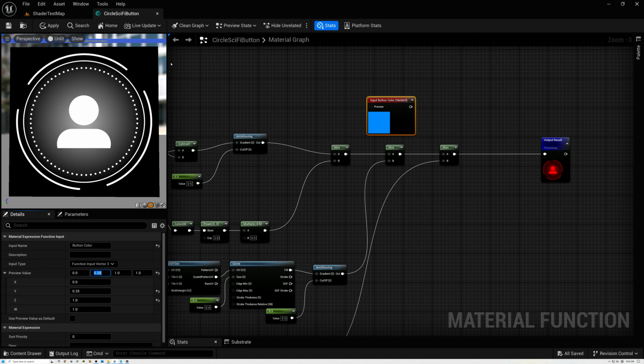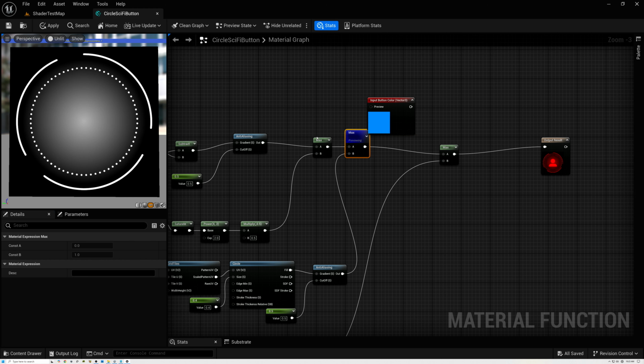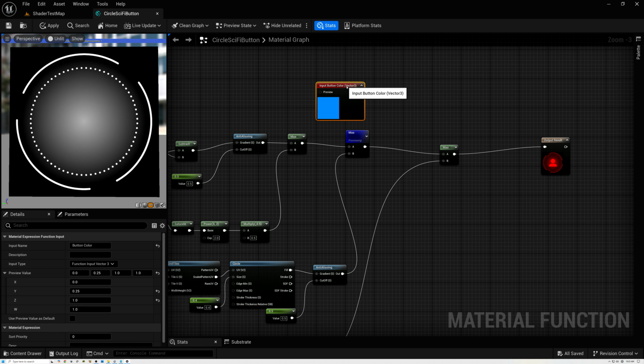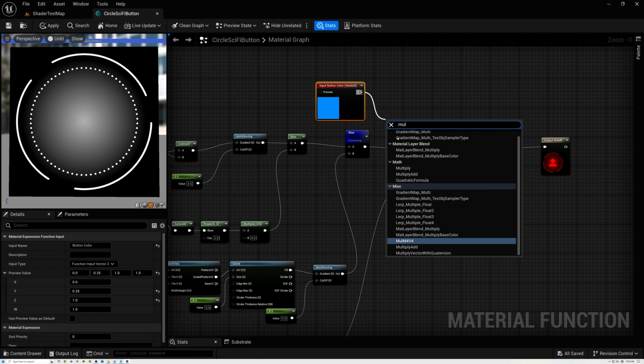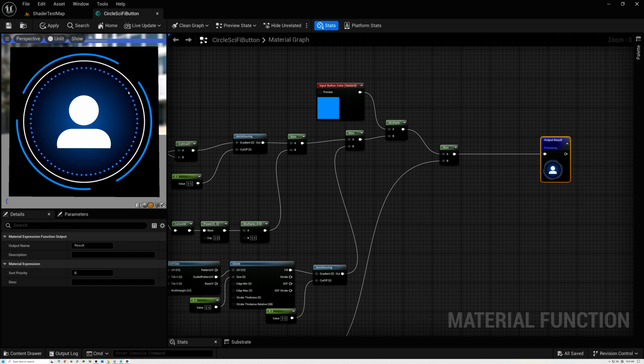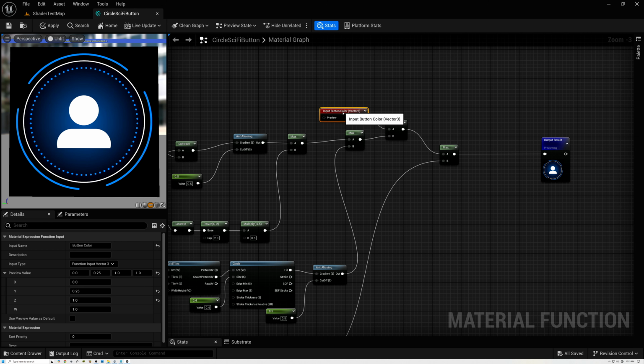And some of the elements I want to be colorized, and some I want to leave white. So let's go ahead and set that up. The way that we're going to do it is, so these are my blue elements here, and I can just take my button color and multiply that together with the elements that I want to be blue. And there we go. So we've got this nice ring element blue, and then the background elements is blue, but we still have the white ring and the player icon as white. So that's looking pretty nice. All right, so we've colorized things. Let's go ahead and set up our button